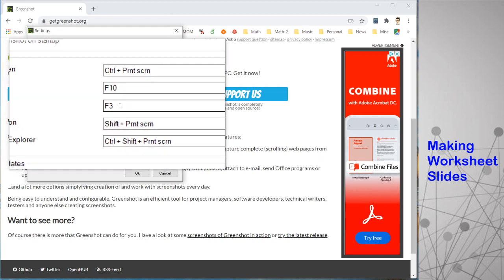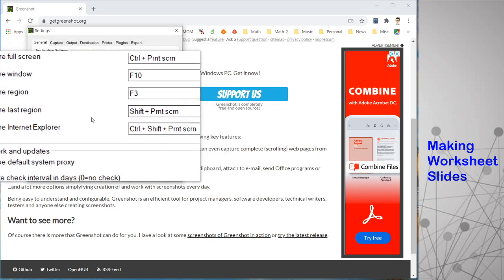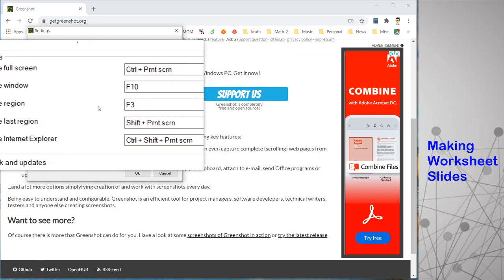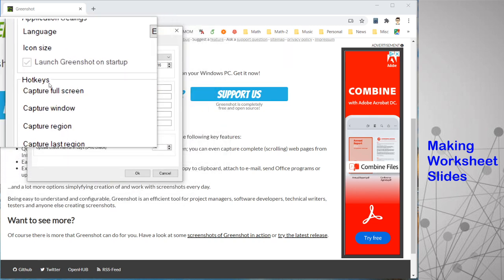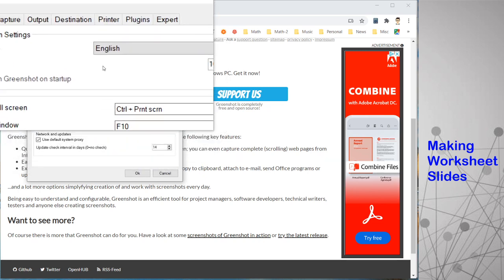And I reset that to the F3 key. I use the mouse using my right hand. My left hand is free when you're generating all these photo images. So F3 is something I decided to use. It's on the left side, so I can easily use my left hand. And I didn't do anything about other things. The capture region is the most used